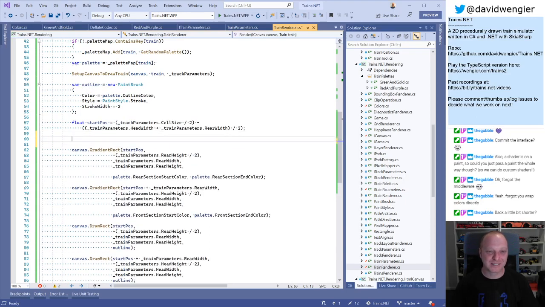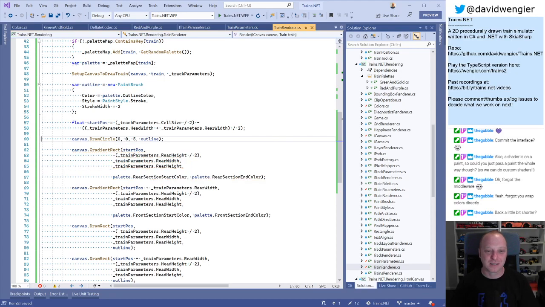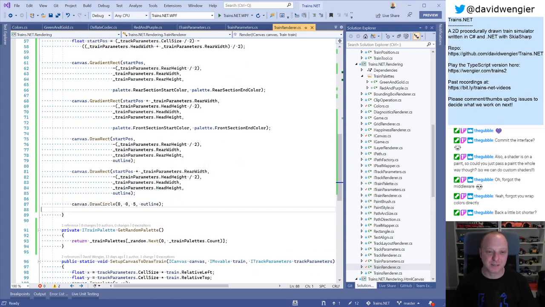You know what I need to do? I need to do this. Canvas dot draw circle at 0, 0, radius of 5, and well, let's just use the outline brush, and then we'll do that last. Actually, let's just see where 0, 0 is here. It should be in the middle of the train, but